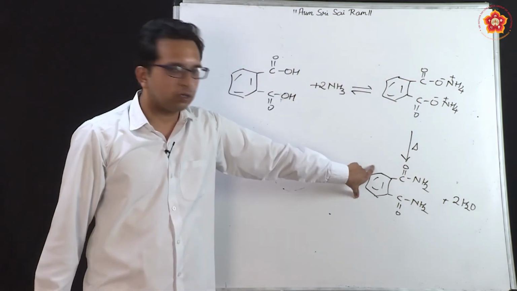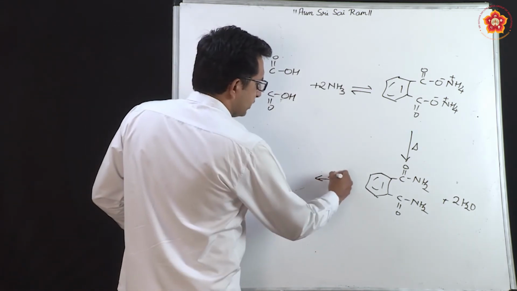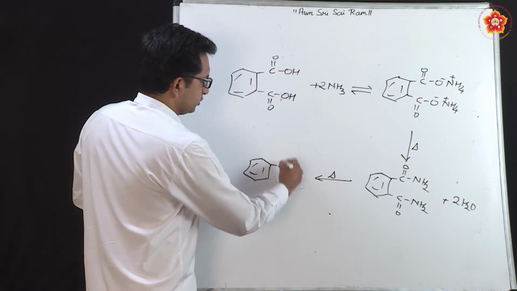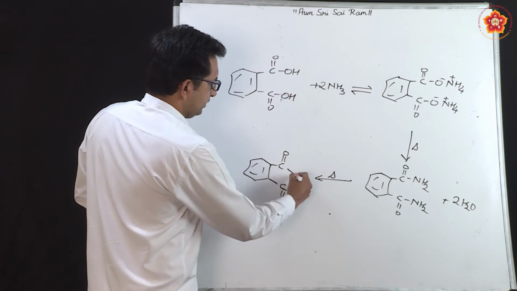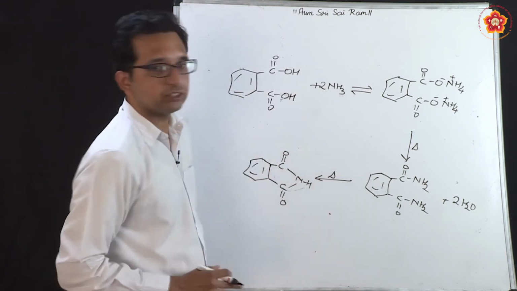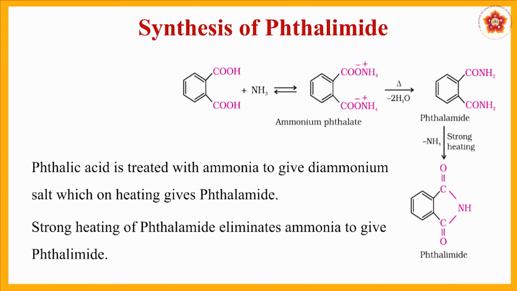So, this is the compound which has been formed, which we call phthalimide, and suppose we undertake much stronger heating, this is what we tend to get. So, this is how the hydrogen system can be removed. What is important to understand is that massive heating can lead to removal of ammonia gas also.